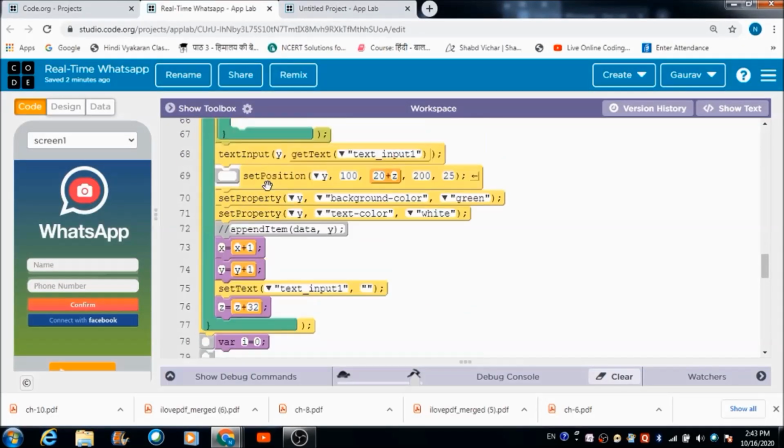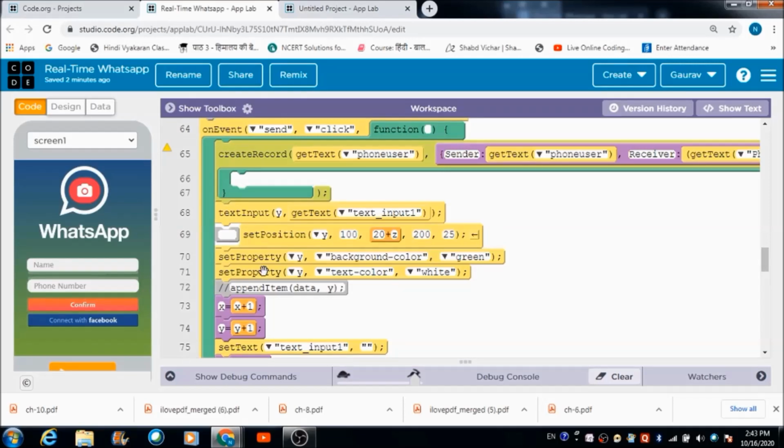Just because when the user hits this send button, automatically the values of x and y both get incremented by 1. This is also code that I have defined so that every text input box can have a unique ID. That's why we need to increment the values of x and y also.